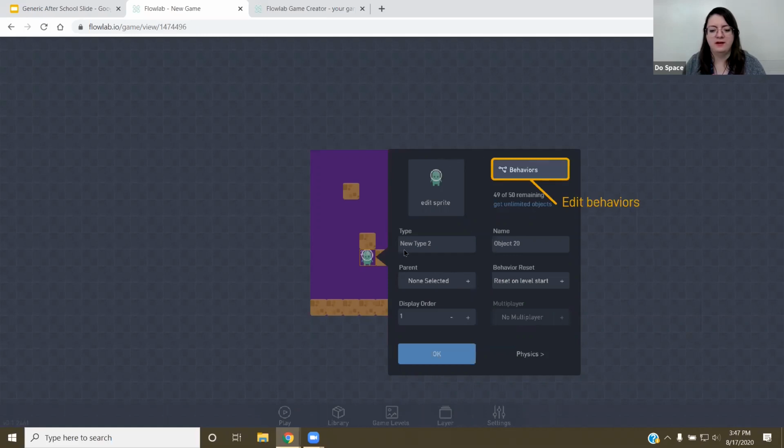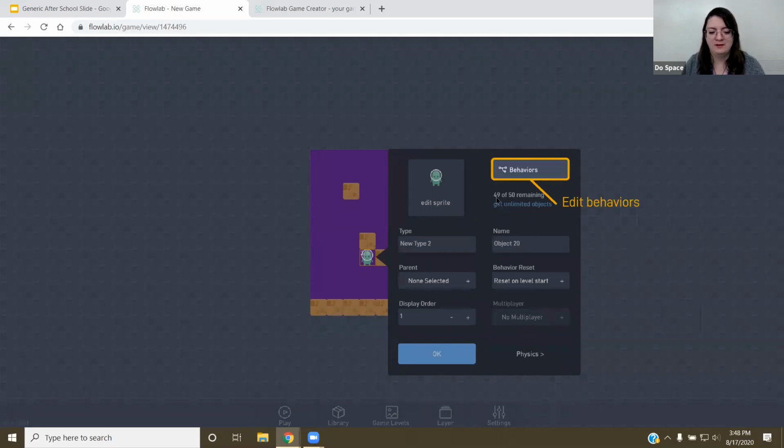So after we've created our image for a character right here, we have a thing called behaviors. Behaviors in here let you create movement. If you've ever heard of Unreal, it's kind of like blueprints from Unreal. It's kind of like Scratch, like Blockly blocks, but with a little bit more detail. There's way more to it than Scratch. It's kind of programmy, but it's more behavior logic flow rather than programming.